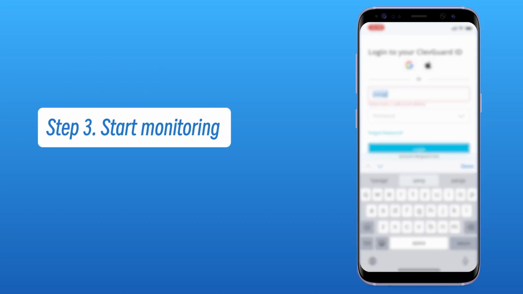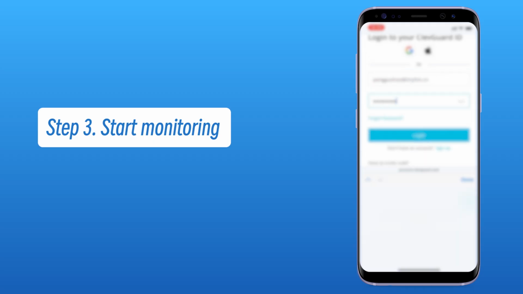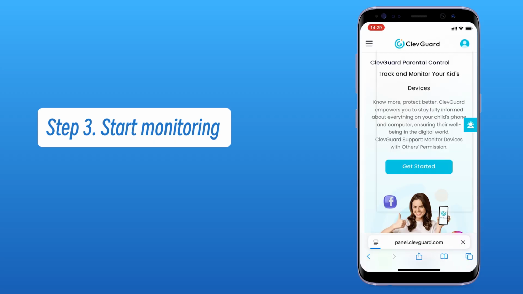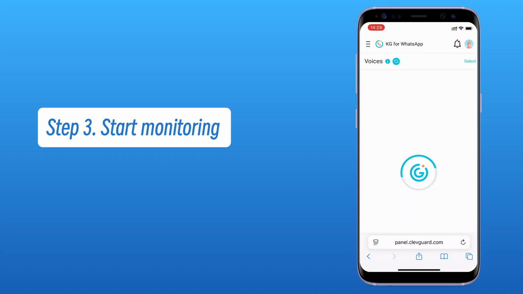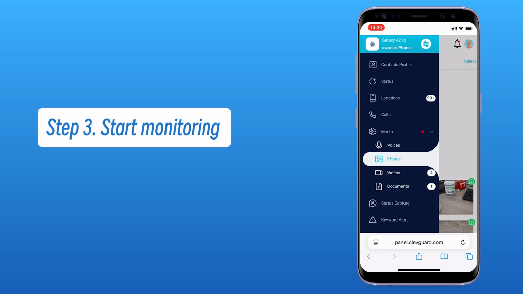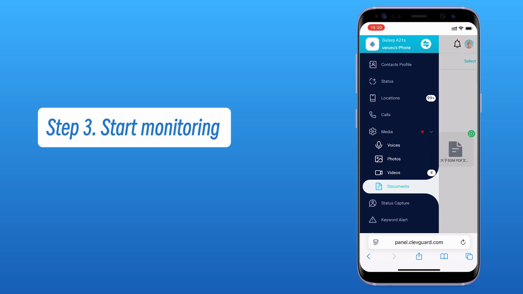Now, you've completed the configuration and can monitor multiple social platforms on the target device. Open the browser on your device, log into the KidsGuard website, tap the profile picture at the top right, choose a monitoring tool you've purchased, such as KidsGuard for WhatsApp, and you can see all the activity of the target